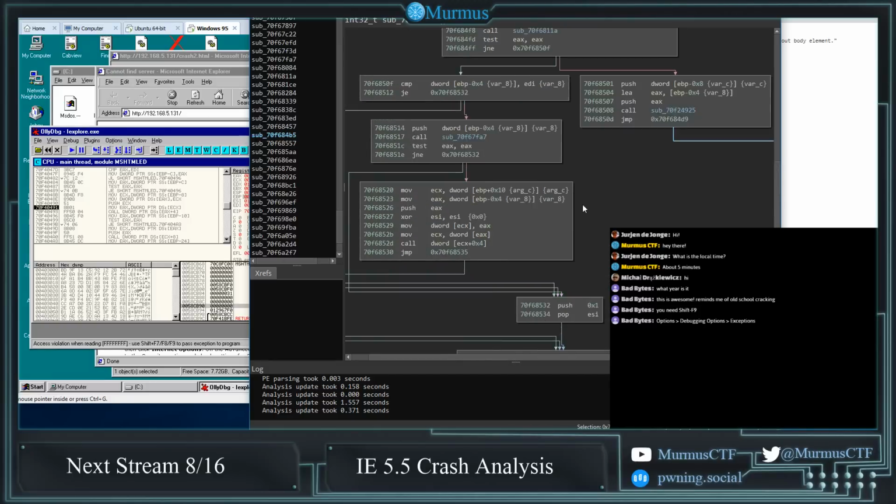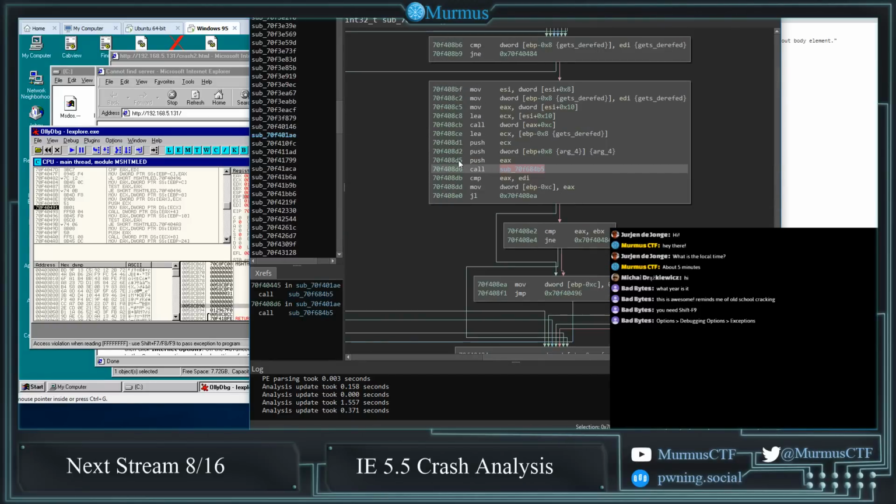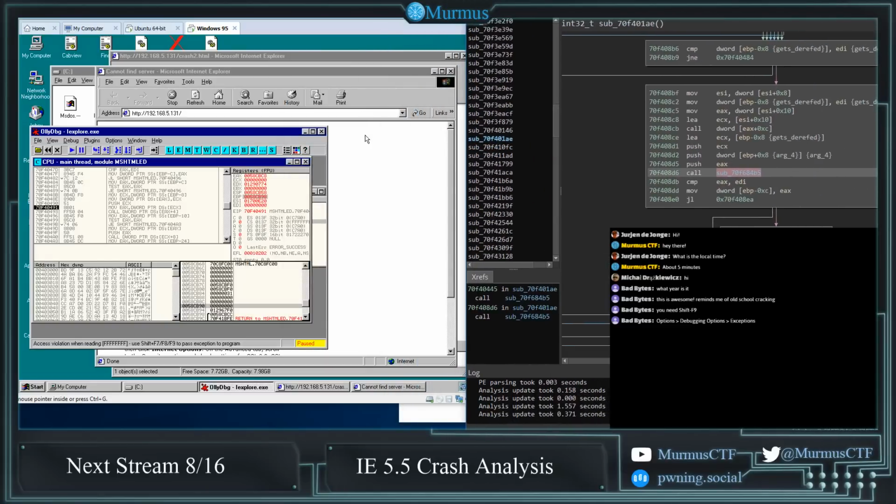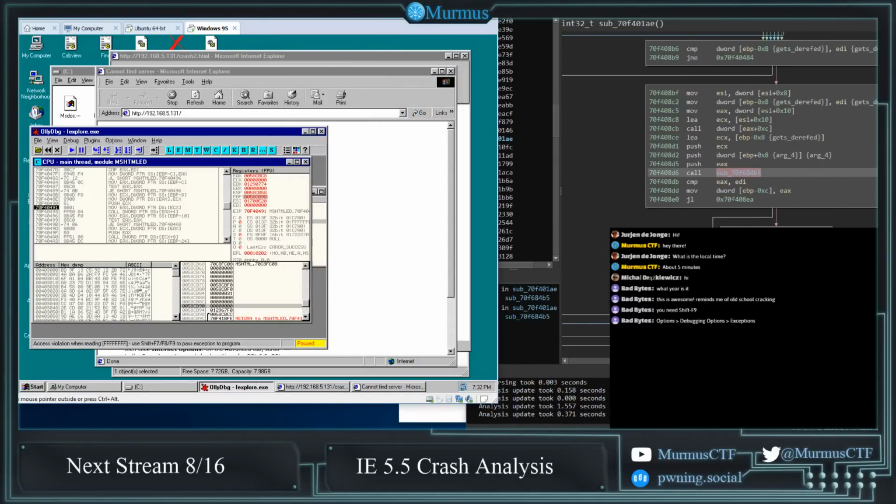Wait, what am I saying here? We can use breakpoints, can't we? We said we can use breakpoints. Let's see if that's actually true. So we want to do